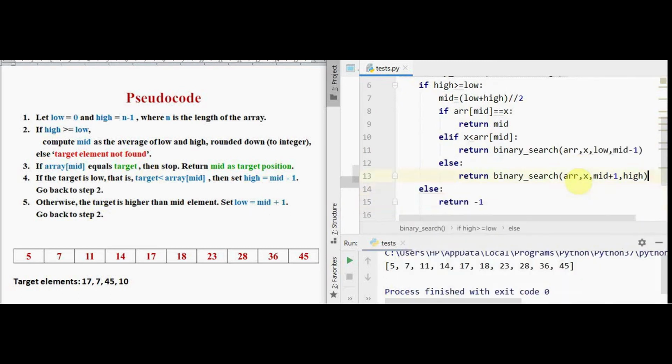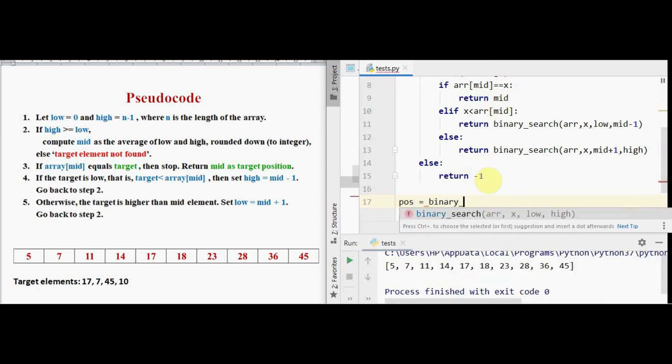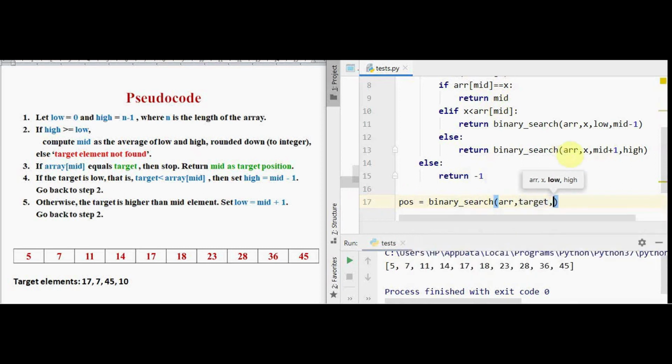The next thing is we are supposed to call this function. So we have used return statements here. The final output will be either the position as mid or minus 1. We will get this element in a variable called POS, and I am calling this function binary underscore search, passing the array, and the second argument is x, which is actually the target we have got from the user, and the third argument is low.